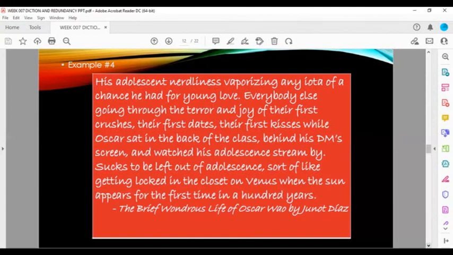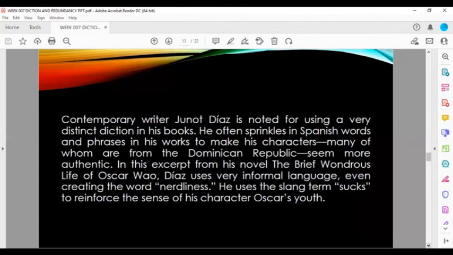Sucks to be left out of adolescence, sort of like getting locked in the closet of Venus when the sun appears for the first time in 100 years. So with this aspect of the work, it is highly noted by using a distinct diction in his book. He often sprinkles in Spanish words and phrases in his works to make his characters, many of whom are from the